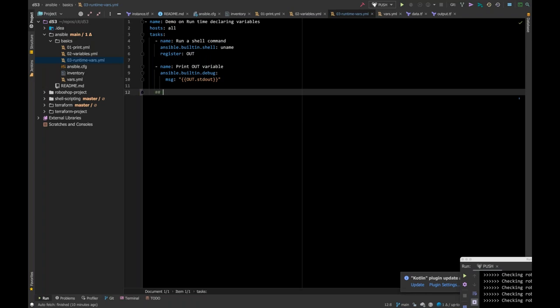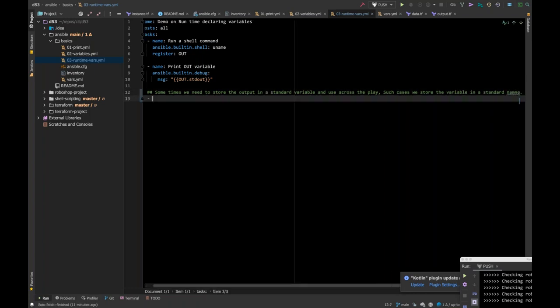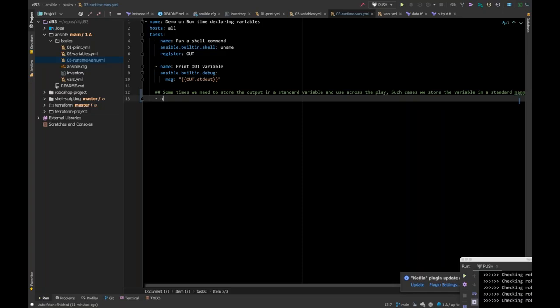Okay, so sometimes we need to store the output in a standard variable and use it across the play. In such cases we store the variable in a standard name. That's it. So what we are going to do here is go for name: declare